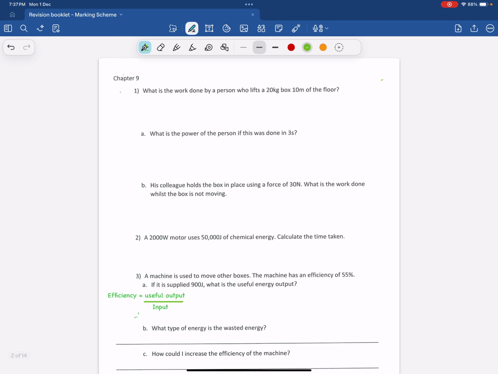Question number 1, if you can see here, what is work done? So they're asking work done here. Mass is given to you, 20 kg and 10 meter. Now you need to remember that thing. We know the formula of work done is equal to force times distance. But if you see, force is in Newton, but it's kg. It means we are not using this formula. We are using, because work done is equal to energy is equal to mgh, which is equal to m. We have got 20. We have got gravity 9.8, because you can check in the formula sheet. That's given 9.8. And that is 10, and when you use calculator it will give you 1960